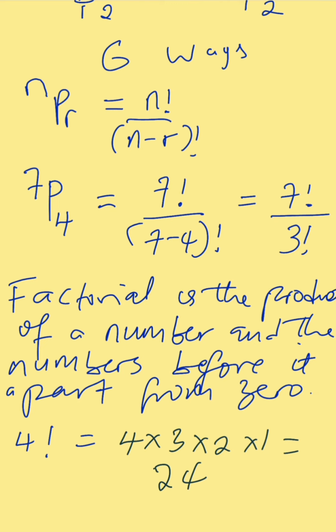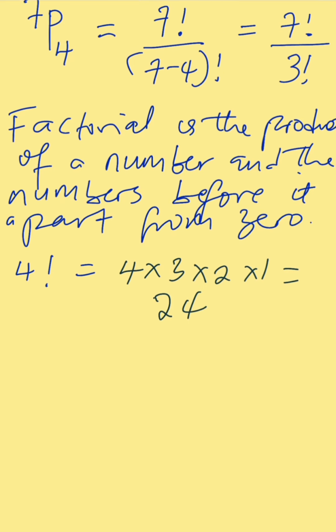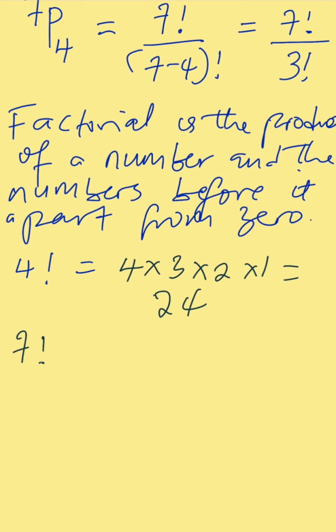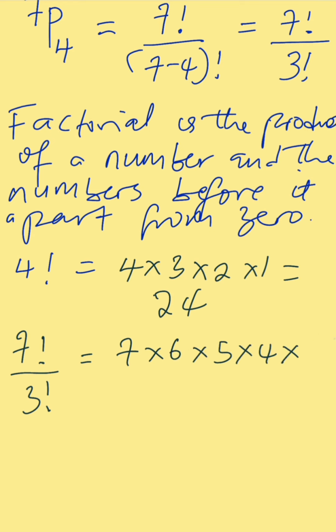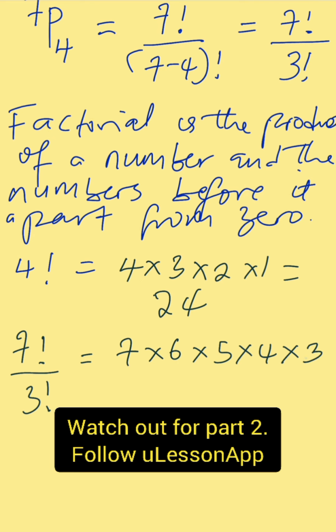Now we are talking about 7 permutation 4, and you've seen that from the formula of permutation it is just 7 factorial over 7 minus 4 all factorial, which 7 minus 4 gave us 3. Now to simplify 7 factorial over 3 factorial, it implies 7 multiplied by 6 multiplied by 5 multiplied by 4. We're supposed to continue going down until you see 1, but I'm stopping at 3 factorial because I know that in the denominator I still have